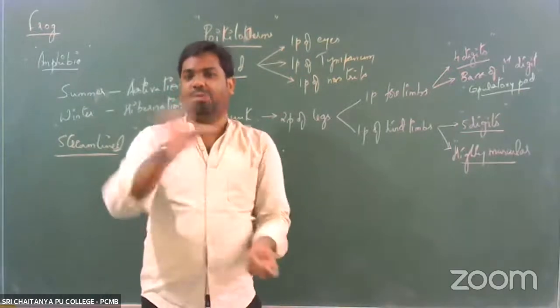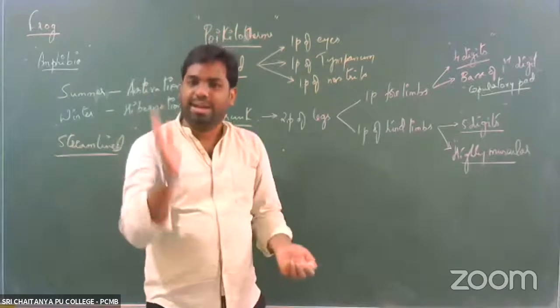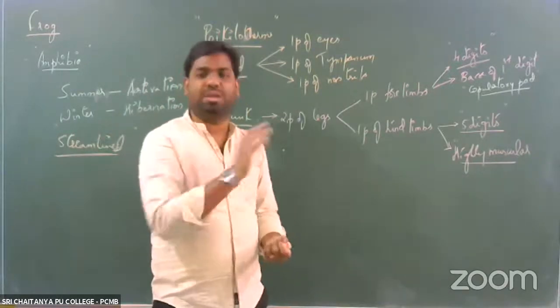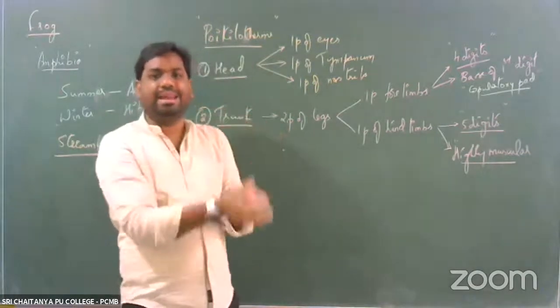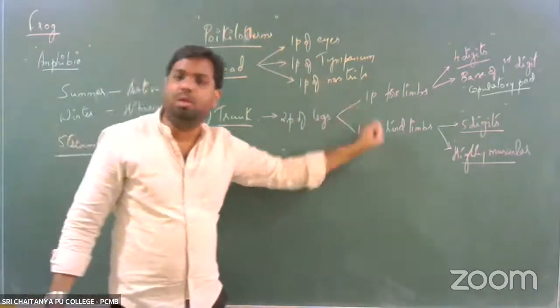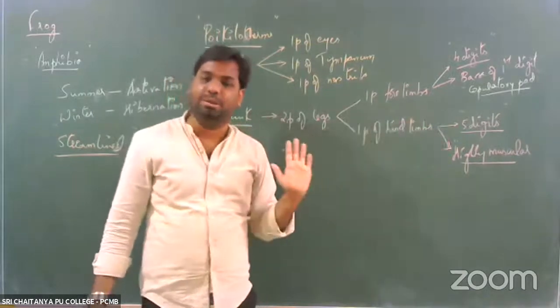We know how the frogs move from one place to the other on the land, right? If they have to move from one place to the other, usually they jump or they hop. So for the movement of the frog on land, it is completely the hind limbs which are involved in the process of locomotion, right? And that's the reason why it is said to be a highly muscular region.